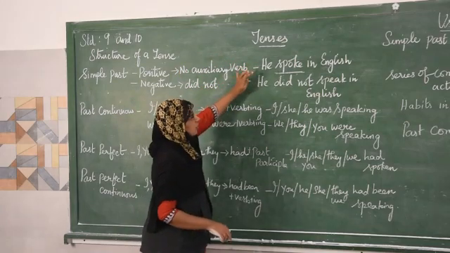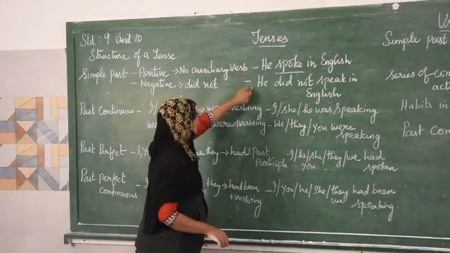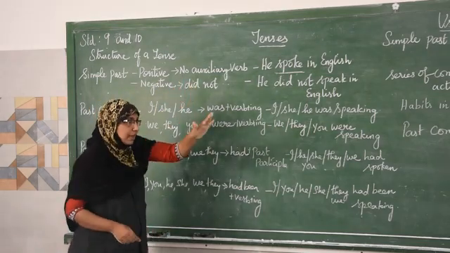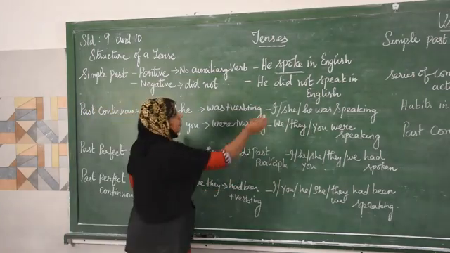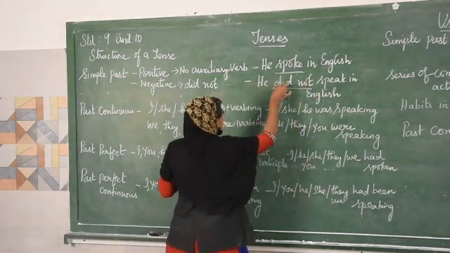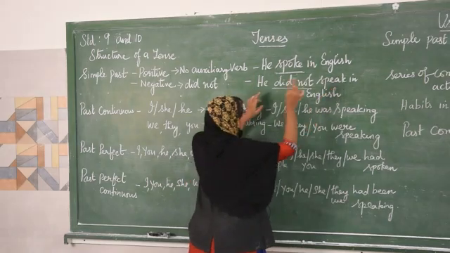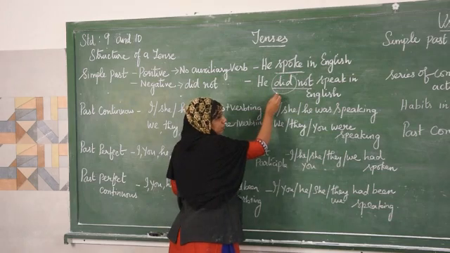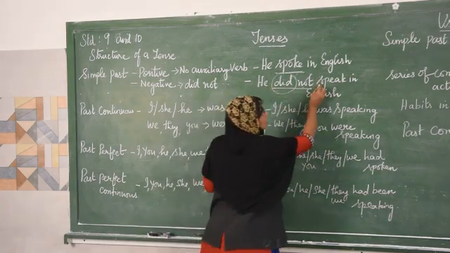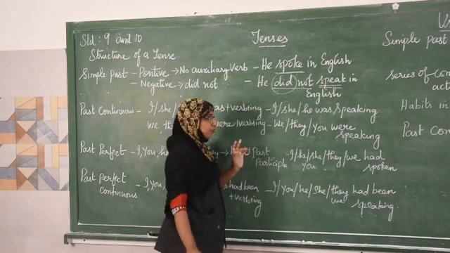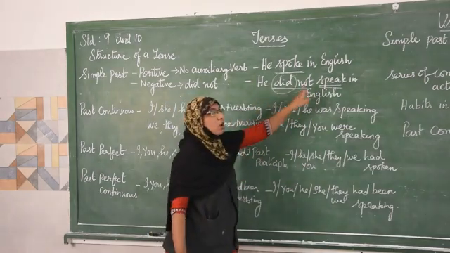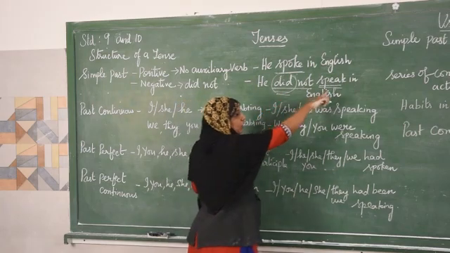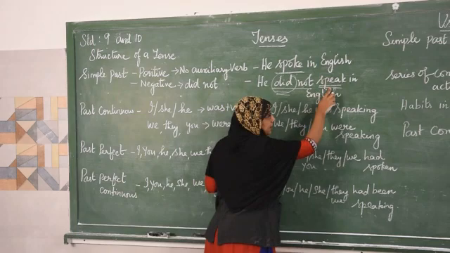When you are changing this into a negative sentence, you need to add an auxiliary verb. Which auxiliary verb will you use here? What is the past form of do or does? It's did. So spoke is changed into what? Did not speak. And you have to remember, whenever you are using did, it is the past tense of do, it is already in past tense. So the action verb must be in simple form. It is wrong to write he did not spoke, because this auxiliary verb is already in past tense. So here the main verb should be in present form.